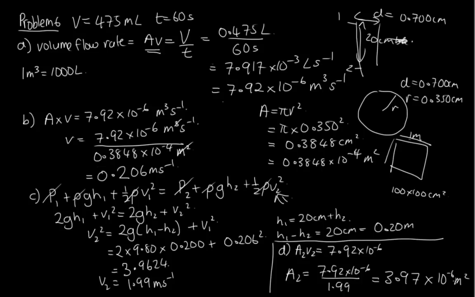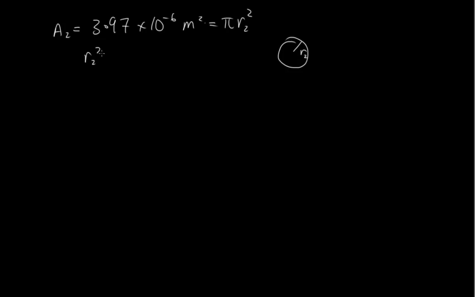Okay, now we're going to need to make some more room. So we've got that the cross-sectional area is equal to 3.97 times 10 to the minus 6 meters squared, and that's the cross-sectional area of a circle, and what we need to know is its diameter. We can work out its radius. We know that this is equal to pi r2 squared. This is the radius at point 2, and so that tells us that r2 squared is equal to this divided by pi, which is equal to 1.266 times 10 to the minus 6 meters squared, and so the radius is the square root of this,